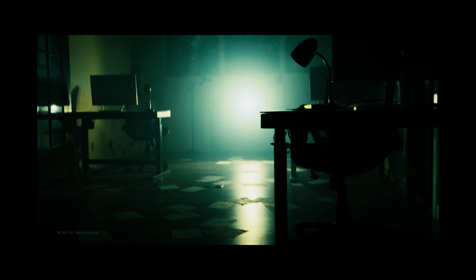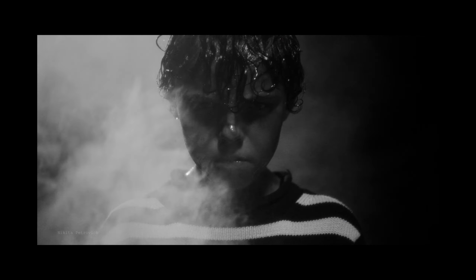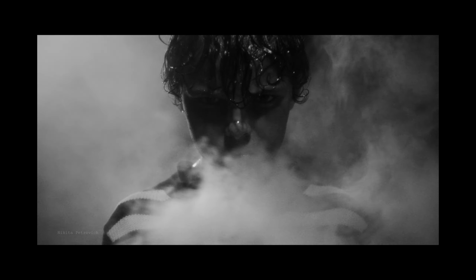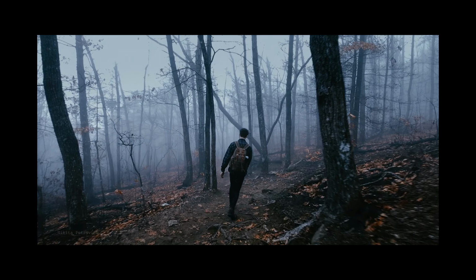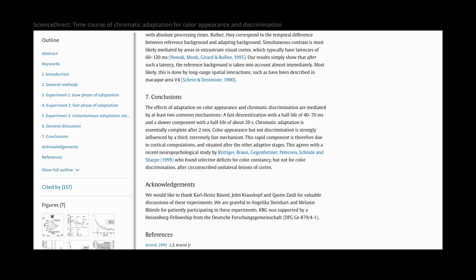Color grading is an iterative process. Don't spend hours polishing one frame expecting great results. This approach often yields only mediocre outcomes. Instead, spend up to 60 seconds on a single frame and then move on. Chromatic adaptation of the eye is essentially complete after 2 minutes, meaning you can't evaluate your color grading as effectively as a viewer with fresh eyes. In this case, less is more.